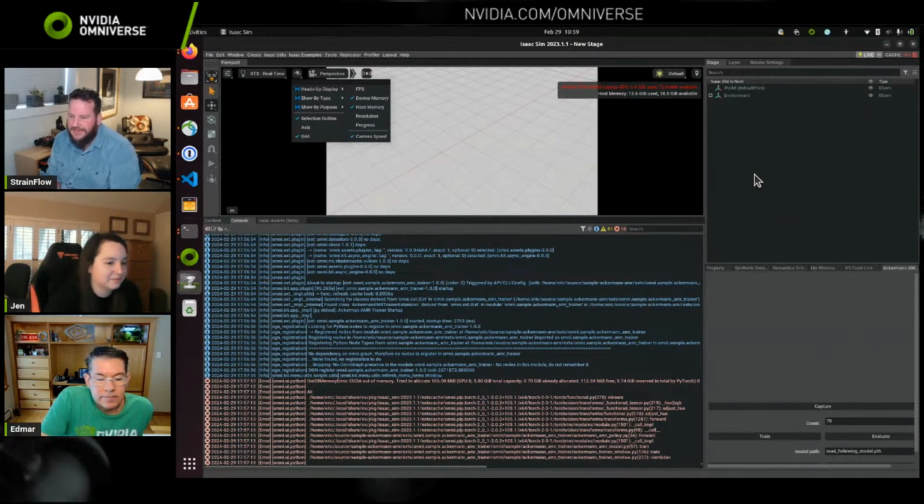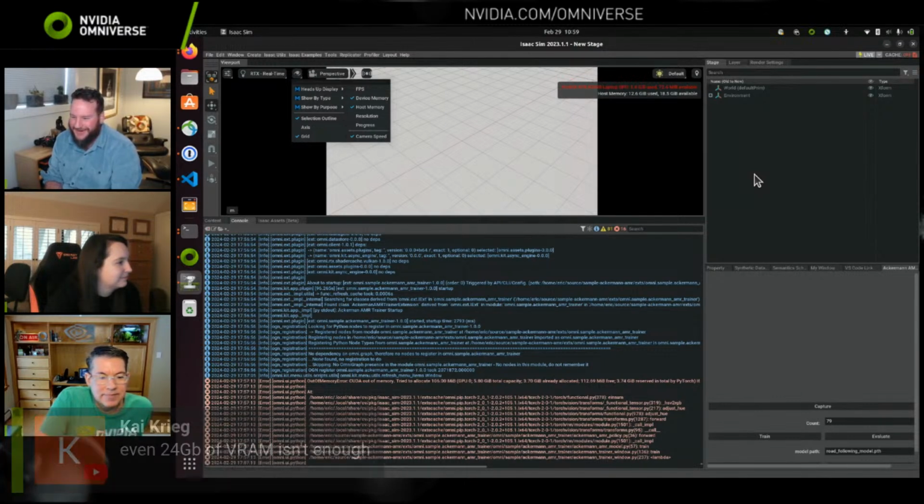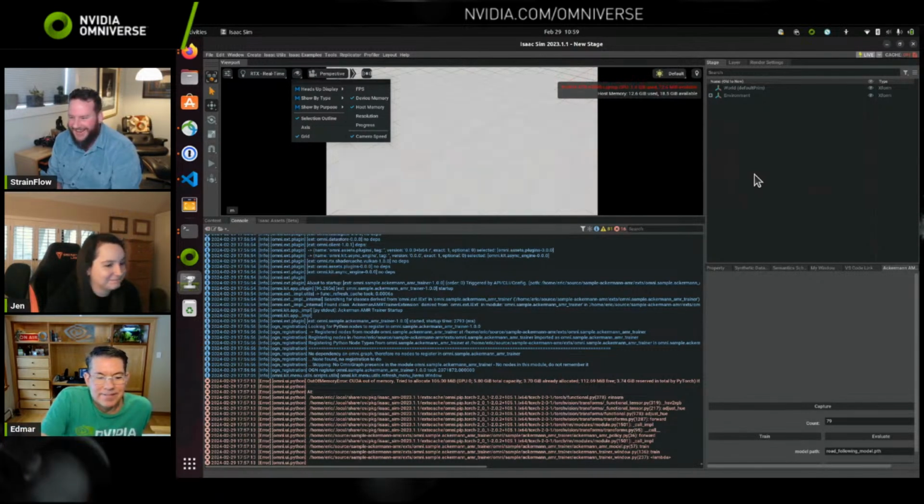Oh, give me a break. You can do a lot with 24 gigabytes of VRAM. Come on, Kai. You're killing me. I mean, no amount of VRAM is enough, right? I'll give you that. You can never have enough, but you can do a lot with 24 gigabytes.